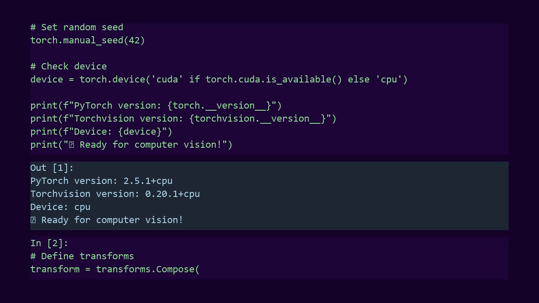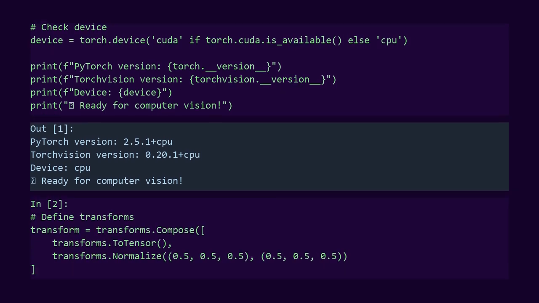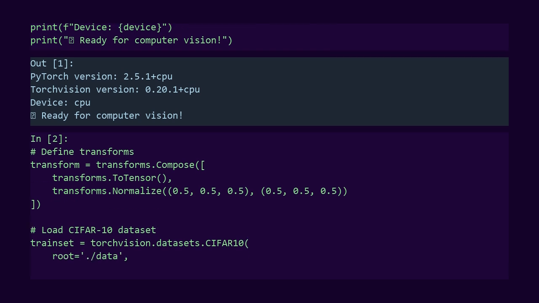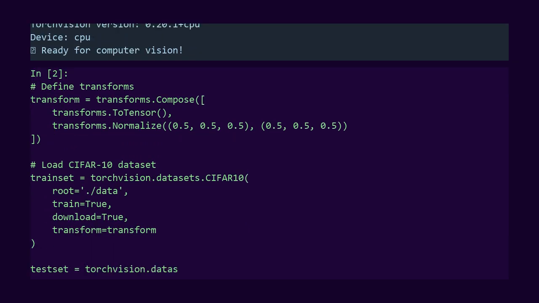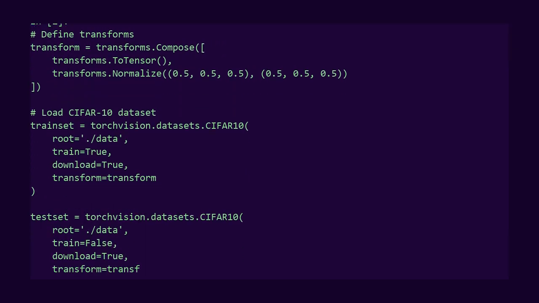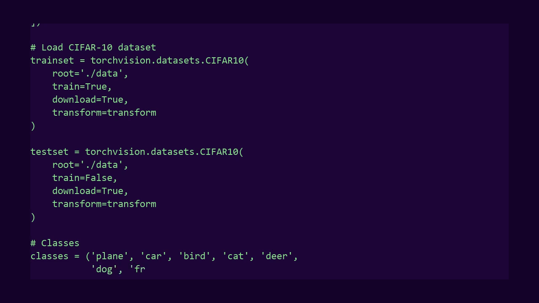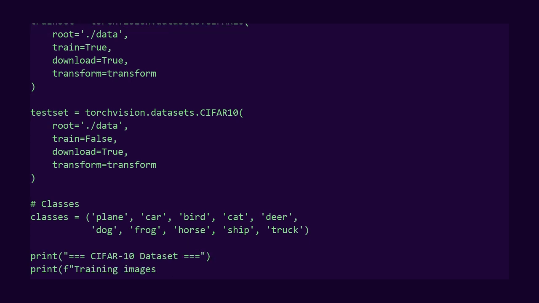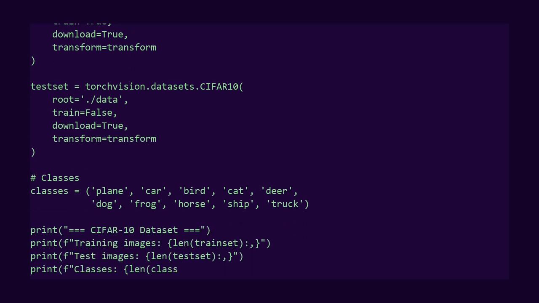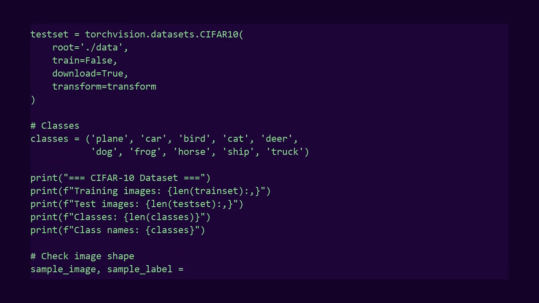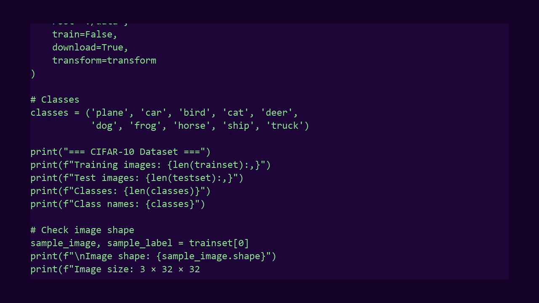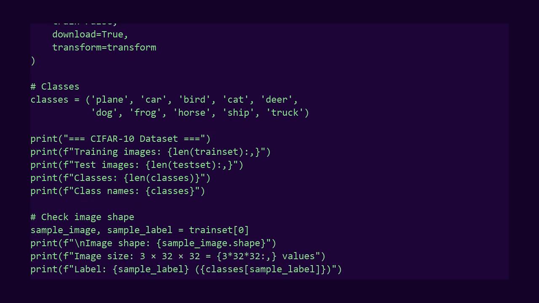I'm defining data transforms. First, convert images to tensors. Then normalize with mean and standard deviation of 0.5 for each channel. This maps pixel values from the 0 to 1 range to roughly -1 to +1 range. This normalization helps the network train faster and more stably.